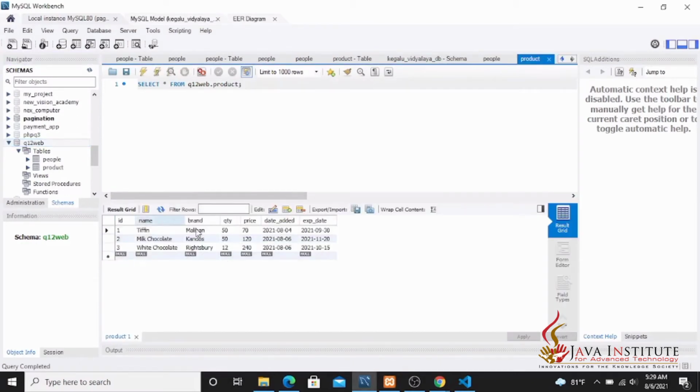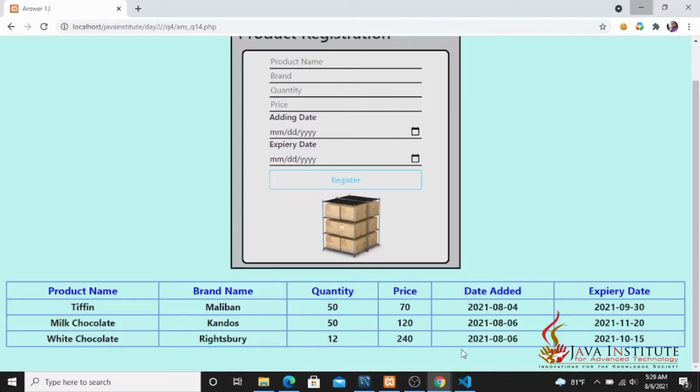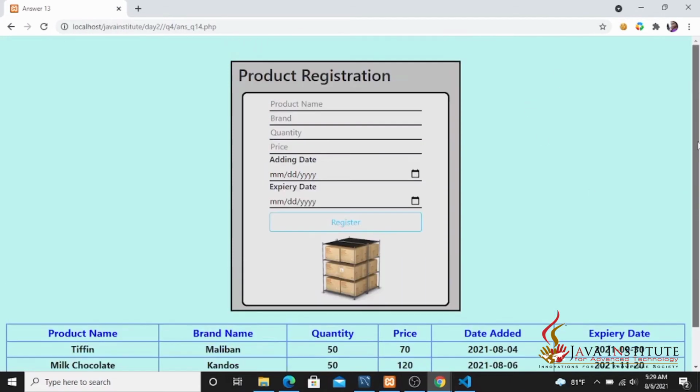You can see this is the product table. These are the 3 products that I have added to the database for testing purposes. Then you can see those 3 products are also viewed in this product registration page. Then I am going to register a product here, and I show you the validations.